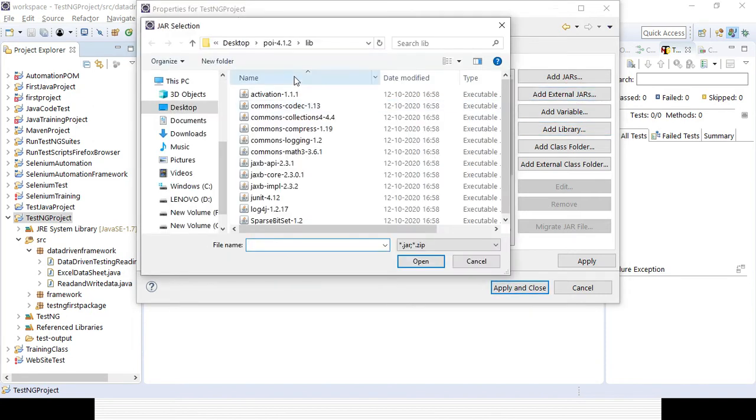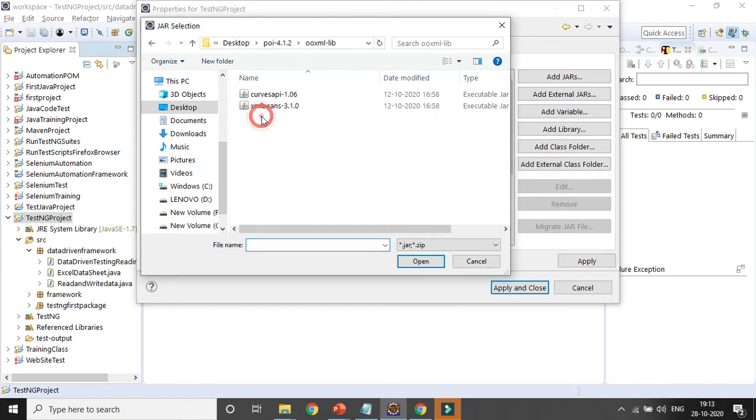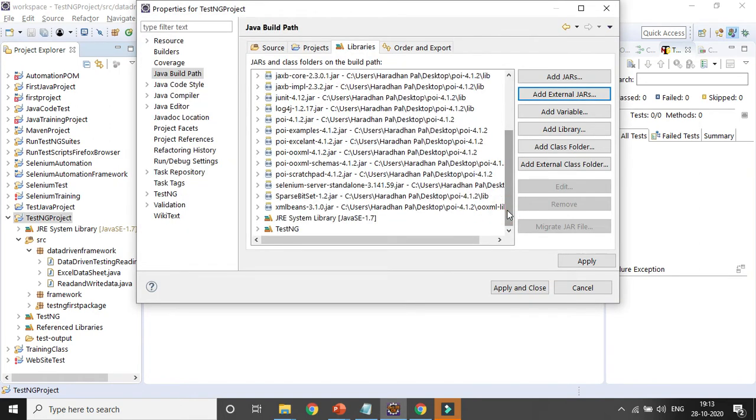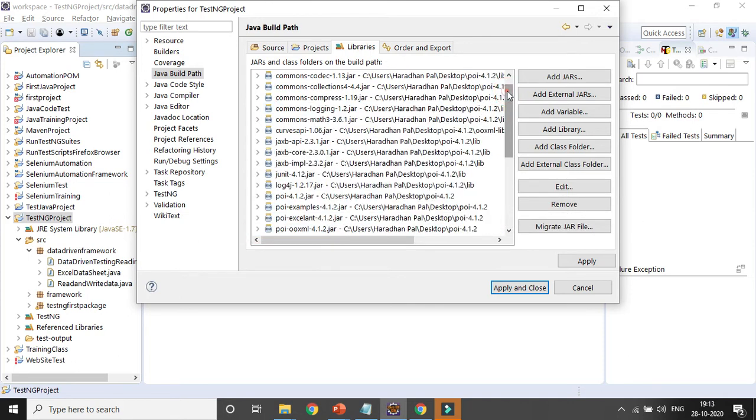After that you need to add all the jar files that were downloaded as part of your Apache POI, the library jar files and the jar files, and definitely the testng jar file should be there. Also the Selenium jar file should be there. So the Selenium jar file is there, and all the jar files I have also installed, and the testng jar file is already available here. You can see the testng jar is also there.